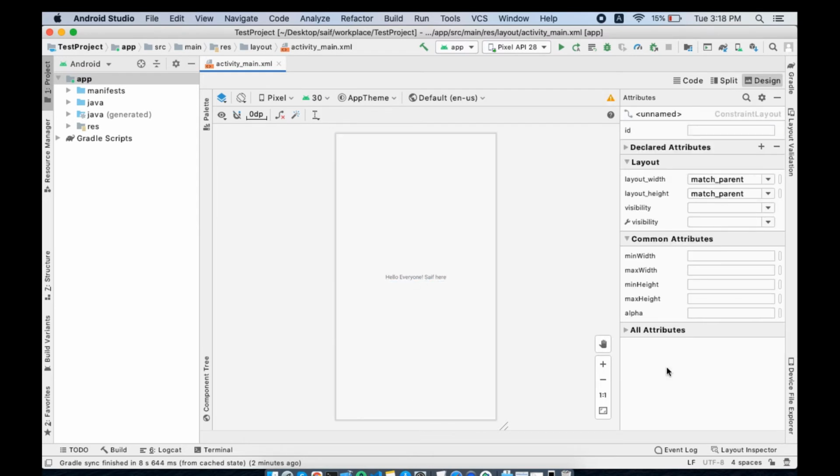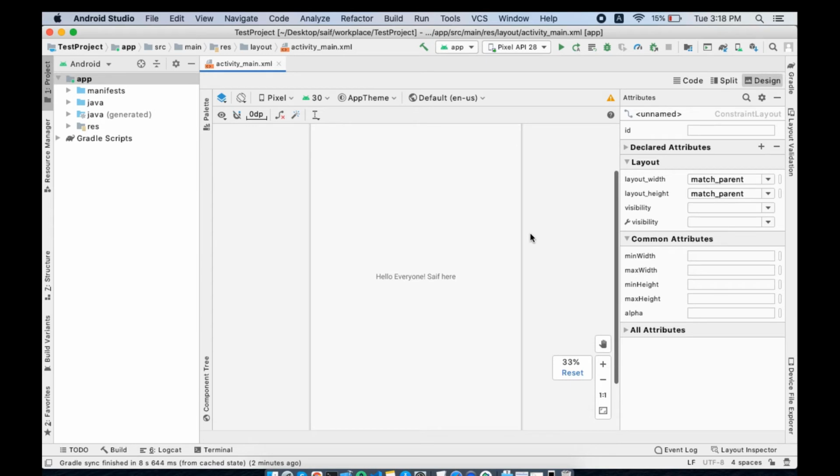As you can see, let me zoom in. You can see the changes have been reflected here. And now we will not do any other layout changes here. We will do that in the next videos. The purpose of this video was just to show how to simply create a new project and run it using an emulator. So now we need to run this application to see how it will look on the actual device.